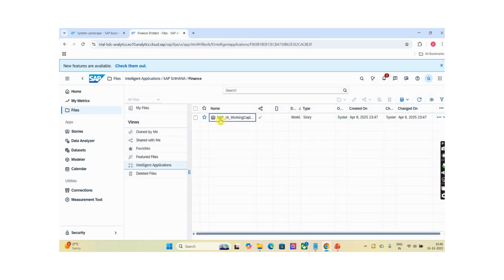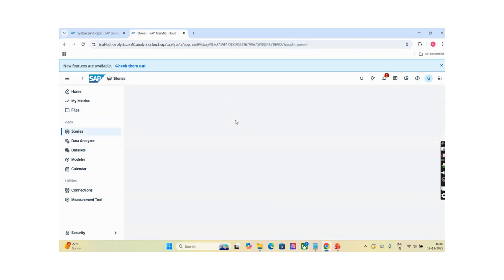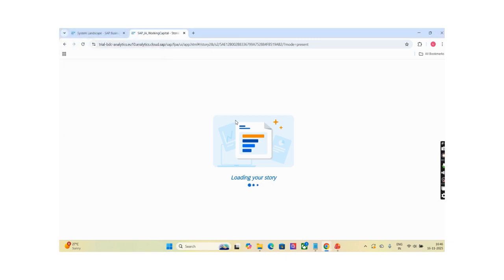If you want to make changes in this story, this is not possible because this one is SAP managed. Here you can see the open story in edit mode option is not appearing, so we cannot make changes to the story. Let me first show you the story and what changes we are going to make in it.